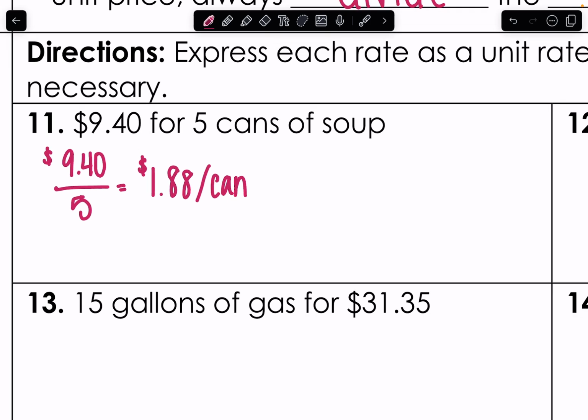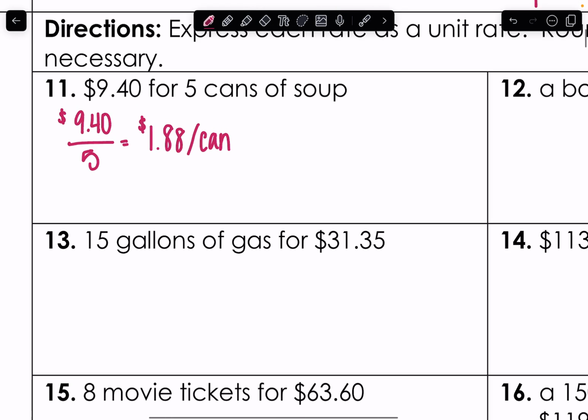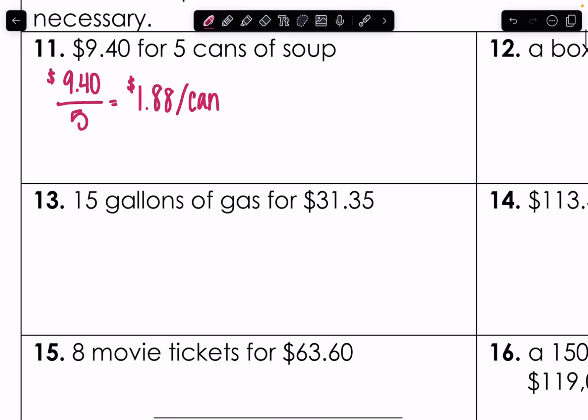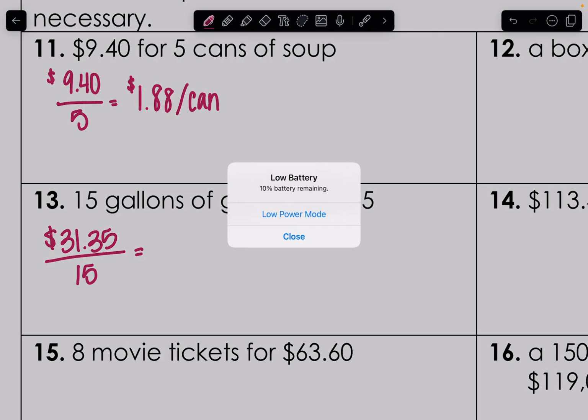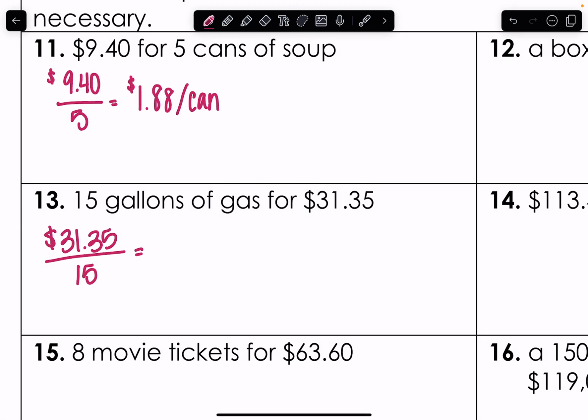I'm buying cans. Okay, so then number 13, 15 gallons of gas for $31.35. Here's where people get this one wrong. Again, price has to go first. So even though that is the second number listed, this is the only time we do this. This is the only time I put the second number on top when we're dealing with price. Price per gallon. Okay, so I'm going to take that total amount, $31.35, divided by how many that I bought. Okay, so $31.35 divided by 15 gives me